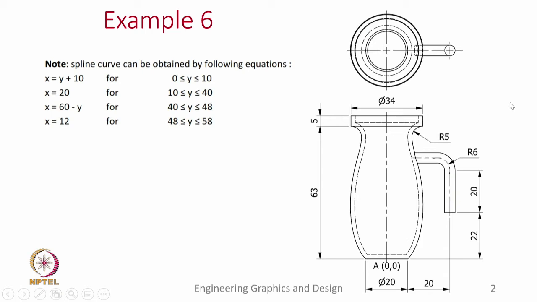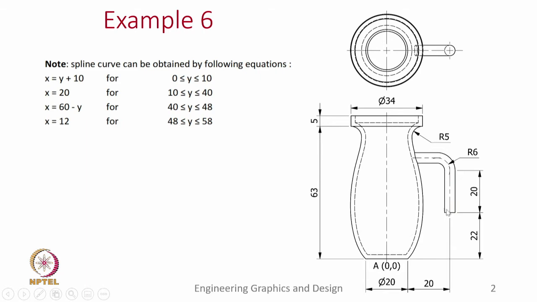So, what we have seen is we need to first create a spline using these equations, and once we create that spline we also need to create this fillet and then the uniform cross section. Once we create a profile with this spline shape, we can use the revolve command to make a solid and then the shell command to remove the interior. That will give us the vase. At the end we will work with the handle.